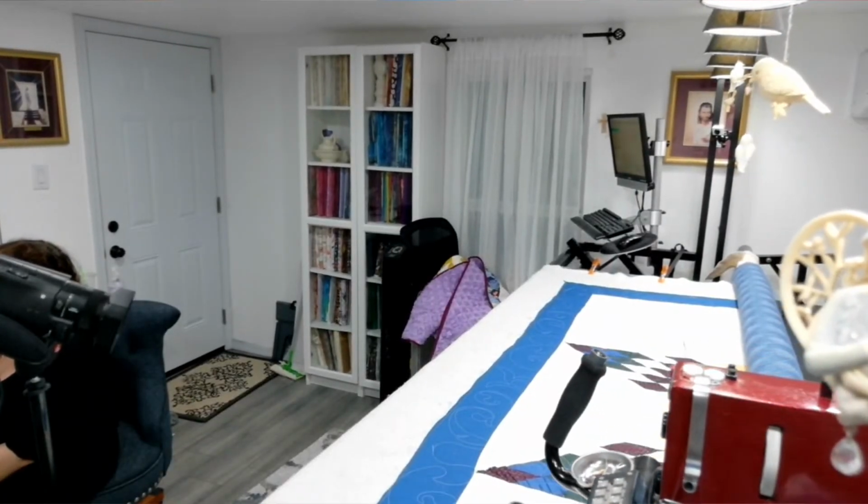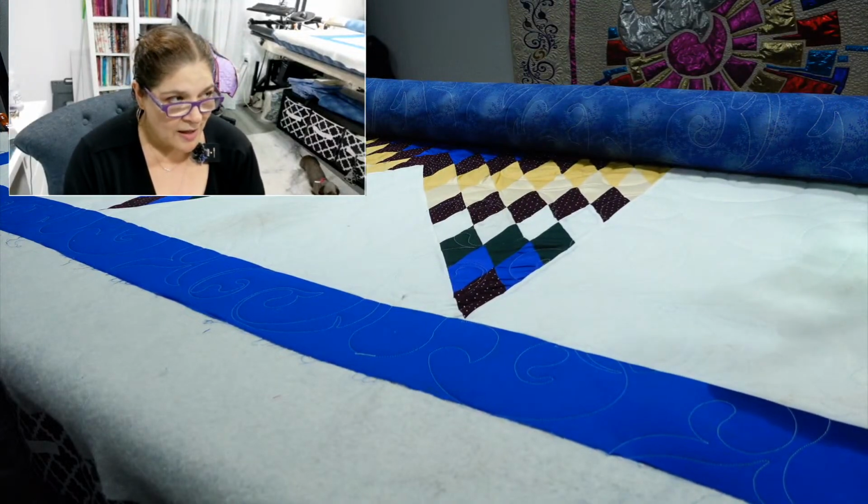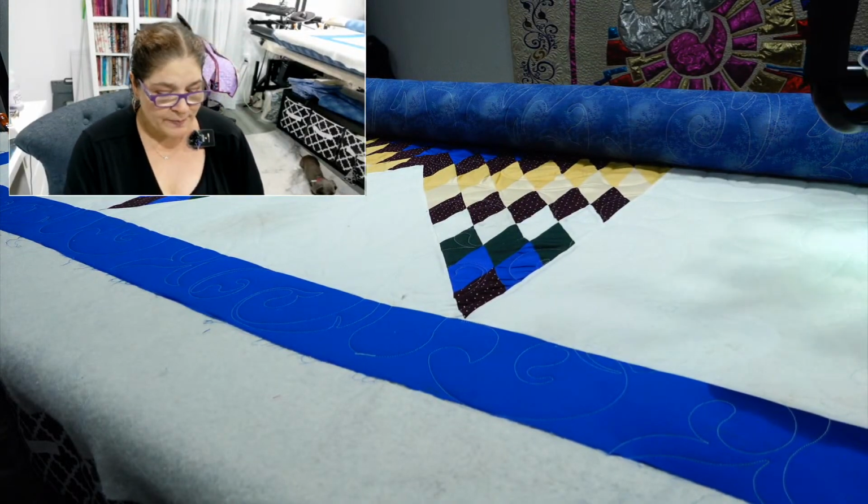But let's see. We could do a piece along, like do a quilt block of the month. Do you think you guys would want a block of the month? Y'all need to tell me if you would really like a block of the month. Look at that quilt. I think that would be funny if we do it together. But anyway,